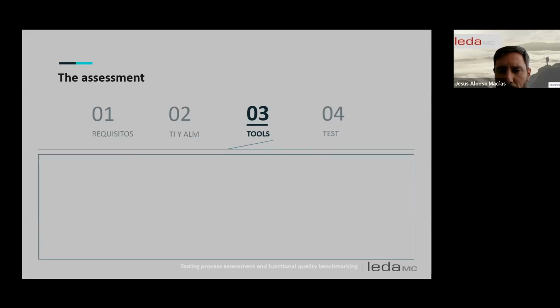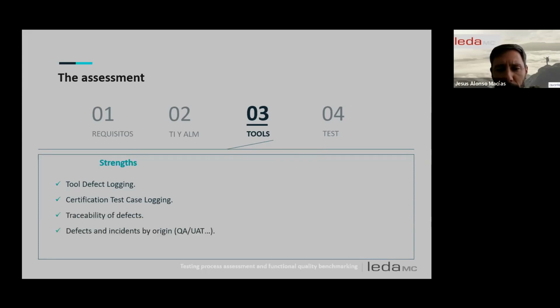In our project, we were able to perceive among the strengths that there was a Mantis for recording defects, and that they use it to link test cases. In addition, they were able to relate the test cases with their defects, which is always a good thing. Among the weaknesses,